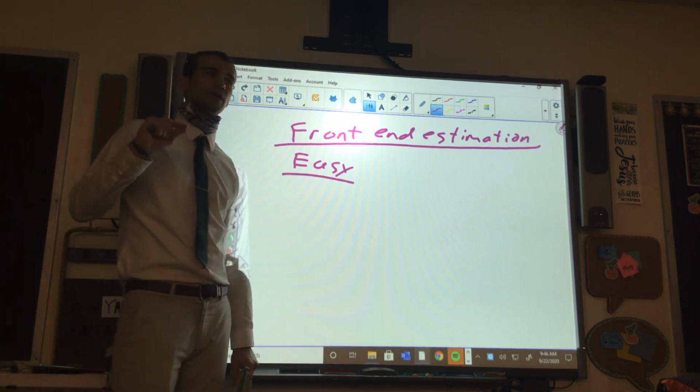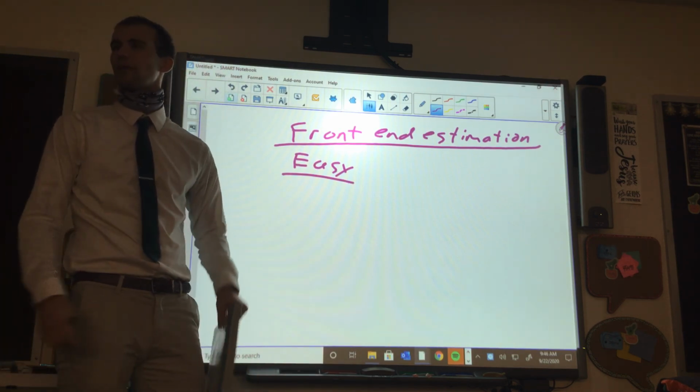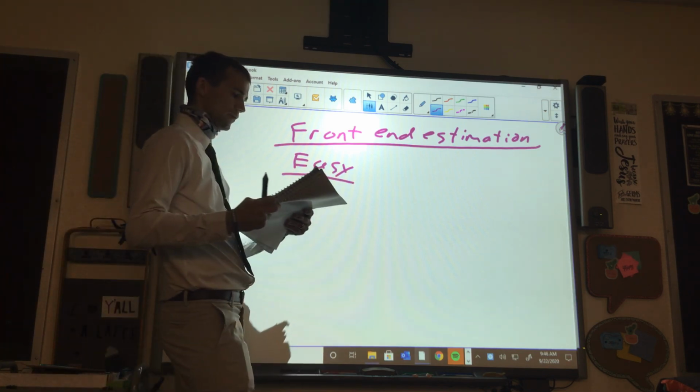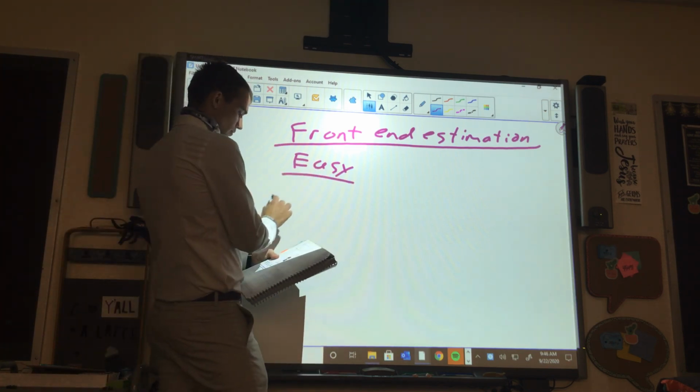This last thing is called front end estimation. When you see front end estimation, you should think easy. This makes everything way easier if you do front end estimation. So front end estimation, actually no, I'm going to tell you what it is and then we'll talk about it some. If we have, let's say,